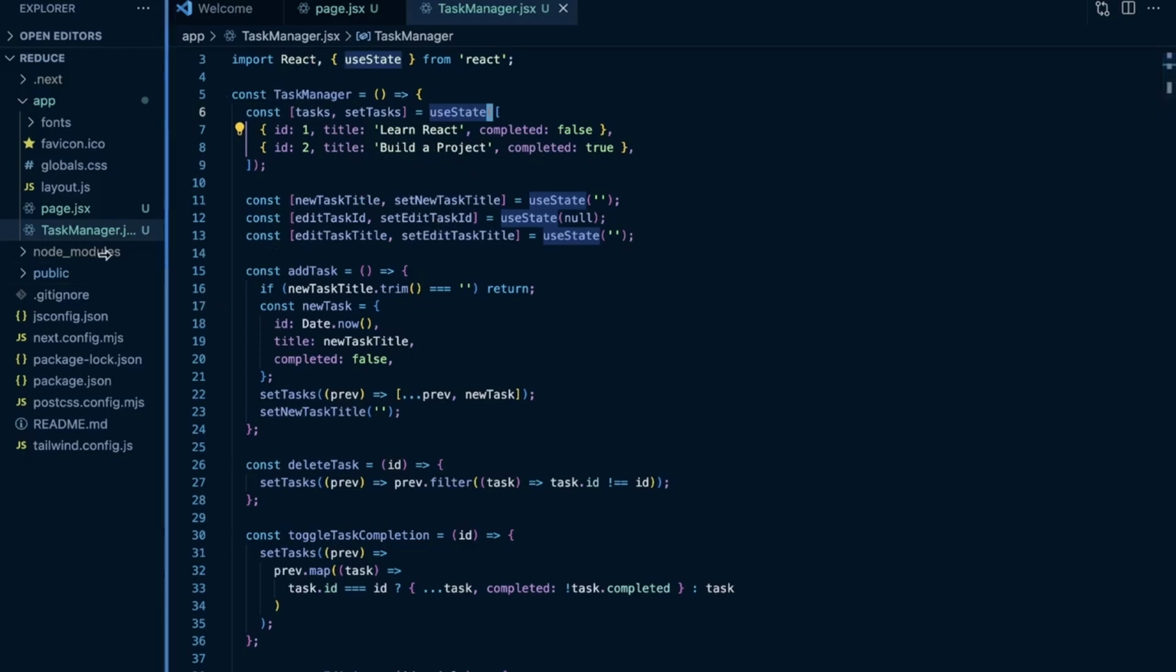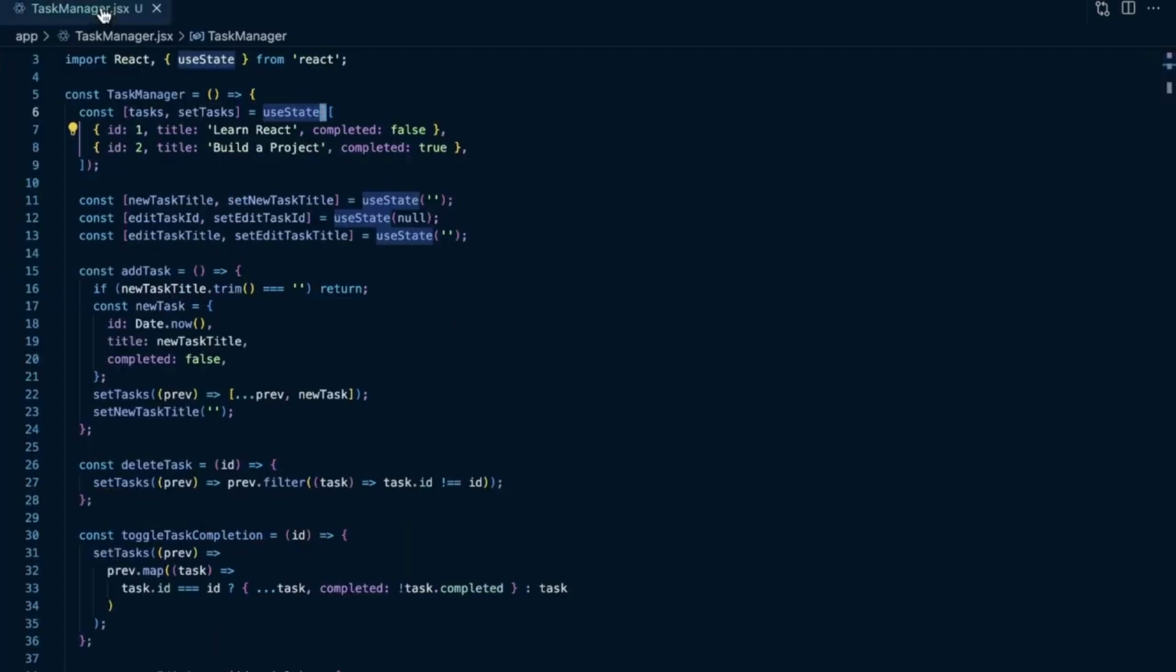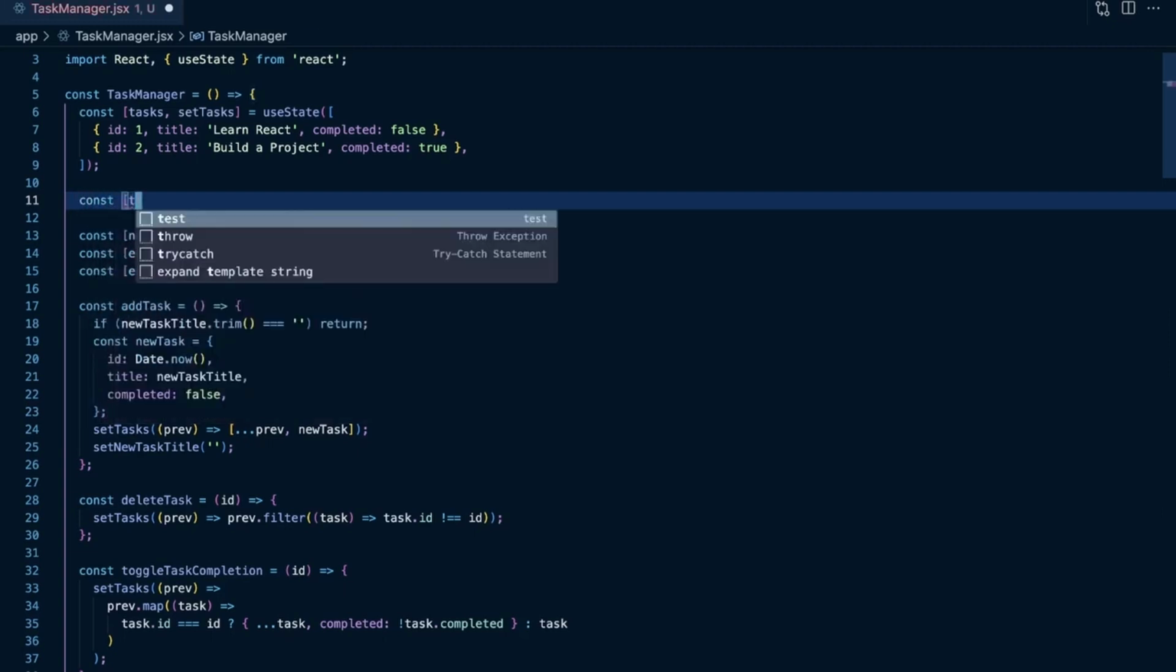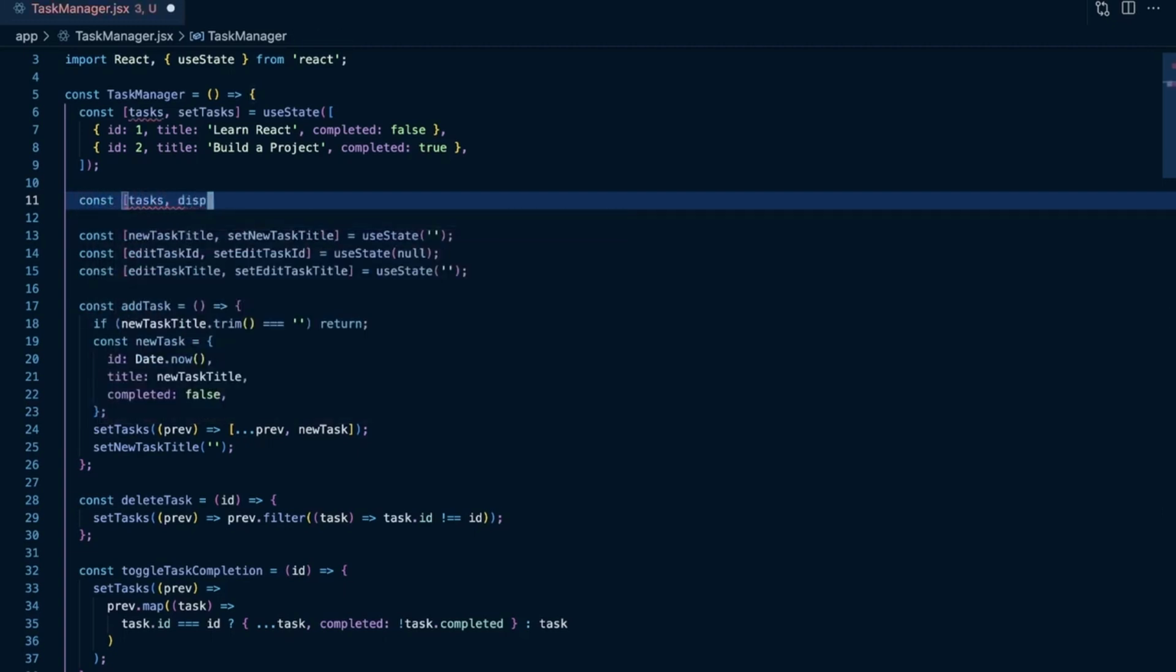So first of all, I probably don't need this side menu open, and we can clear up those files up top. But what we're going to do first here is we are going to skeleton out our useReducer call. So instead of having our useState call here, what we're going to say is, and this is going to, of course, throw errors here at first because we're going to have duplicate pieces of state. But we're going to say const tasks, comma, dispatch is equal to